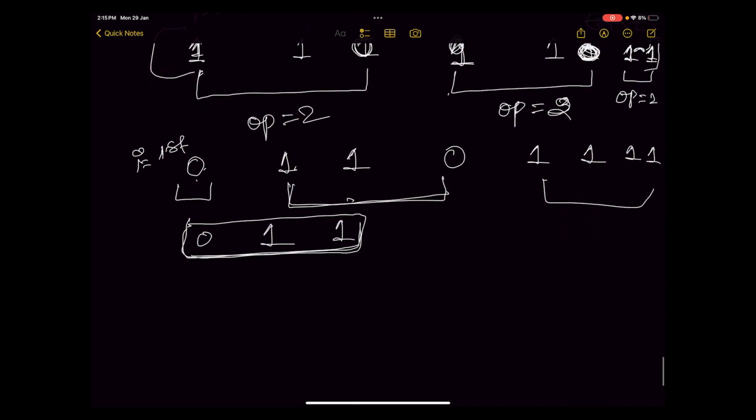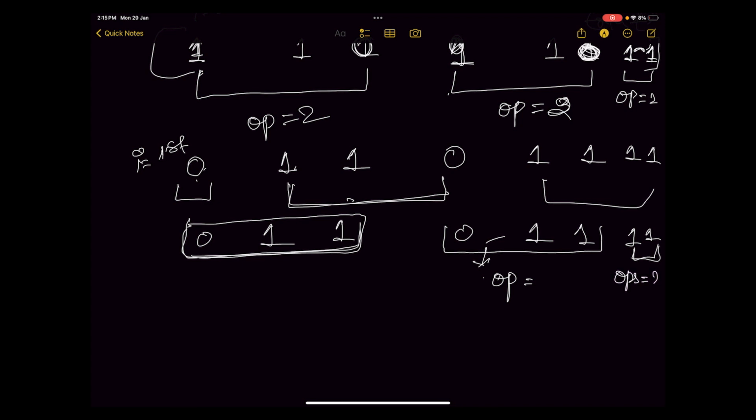And for this 0 1 1, this can also be one of the groups, like the above one, and 1 1. This can also be a group. So these groups can do an AND operation with each other, and the resultant would be a 0. This is not a group. So the operations required over here is 2, over here also 2, and over here also